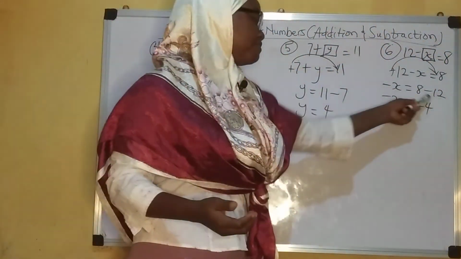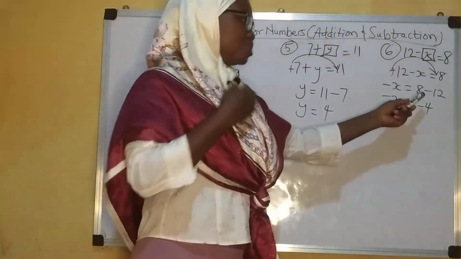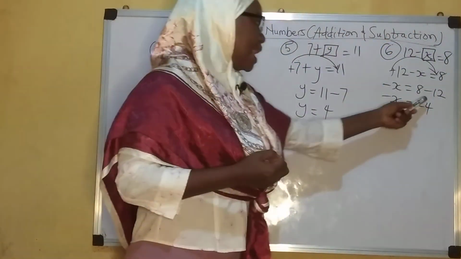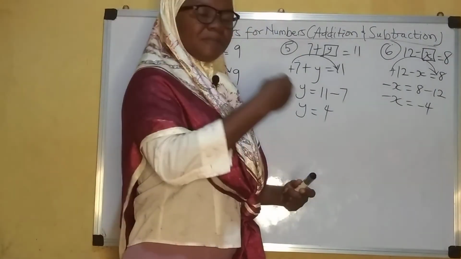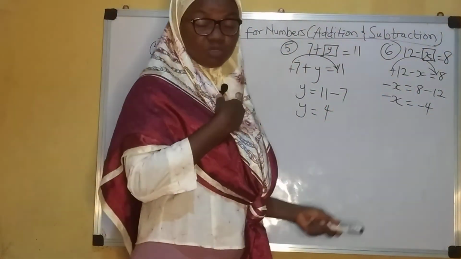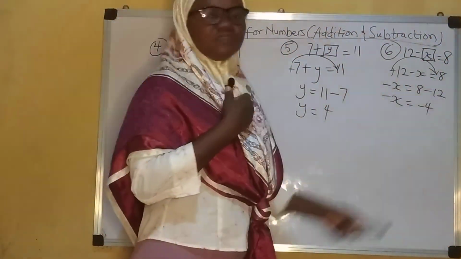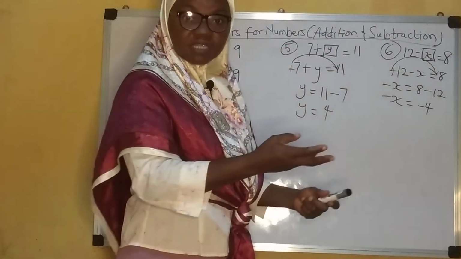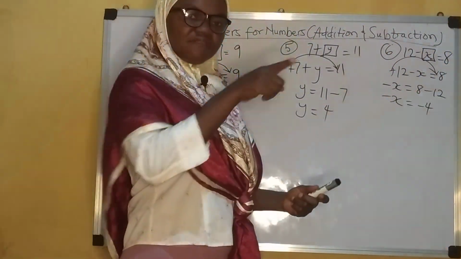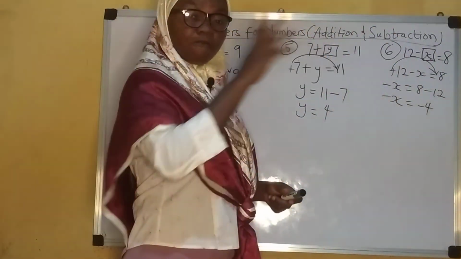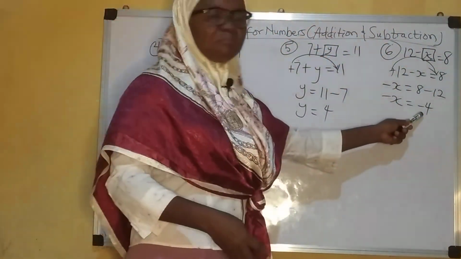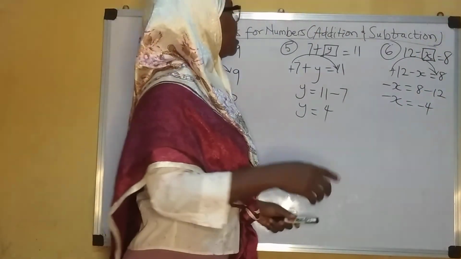Basically, it is like I have just 8 pencils with me, and I am owing somebody 12 pencils. Now the moment I give that person 8 pencils out of what I have, that means I still have to pay the person 4 more pencils. That's why this one is minus 4. Does that make sense? All right, if it does,